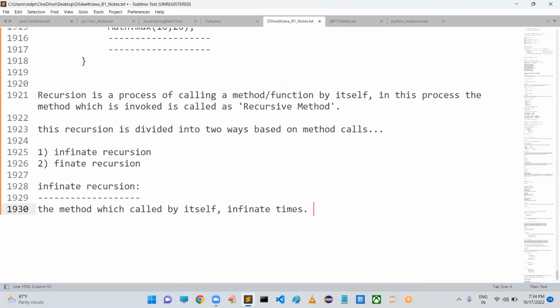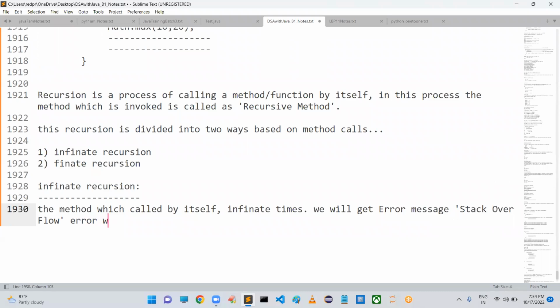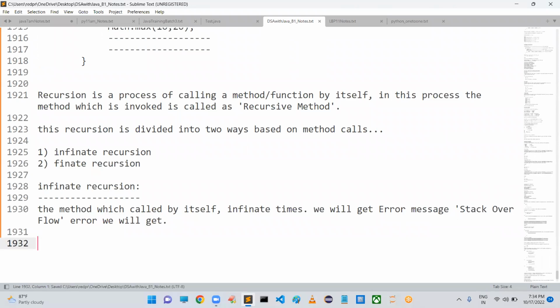Sir, in this process, we will get an error message. Sir, what error message are we going to get? The error message is a stack overflow error. Don't worry, we will talk about this stack overflow error in our future classes. But as of now, remember, there is one data structure called stack.